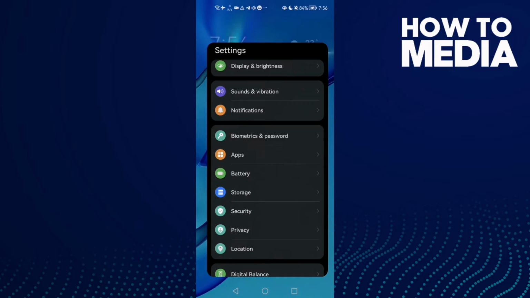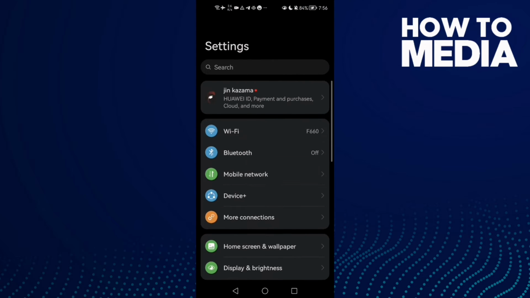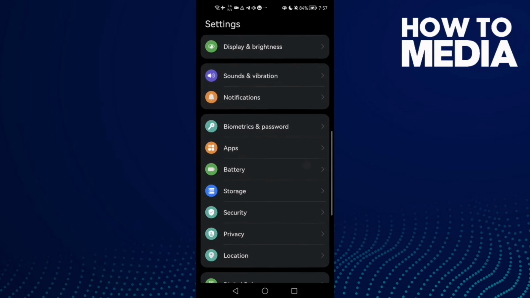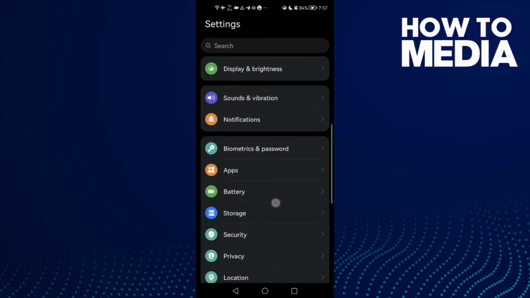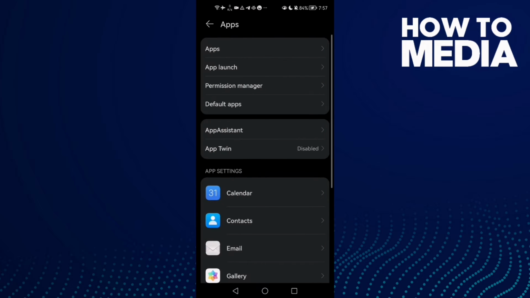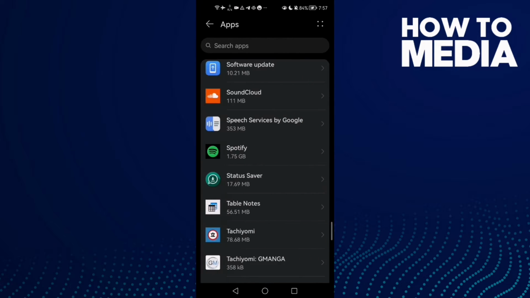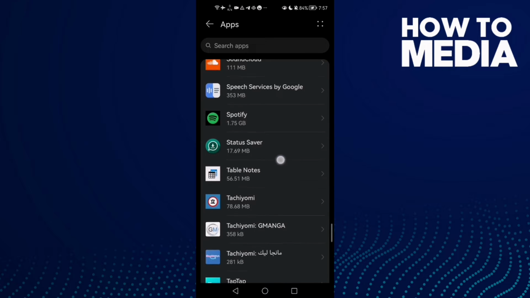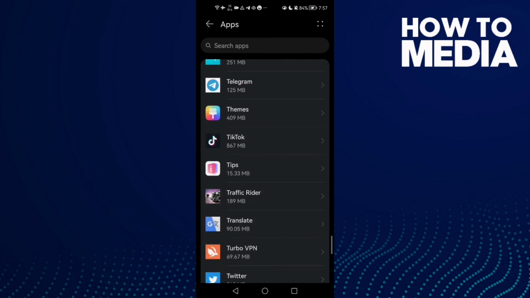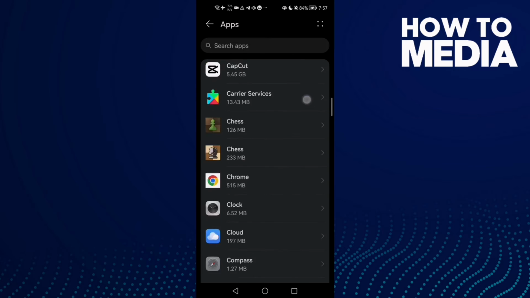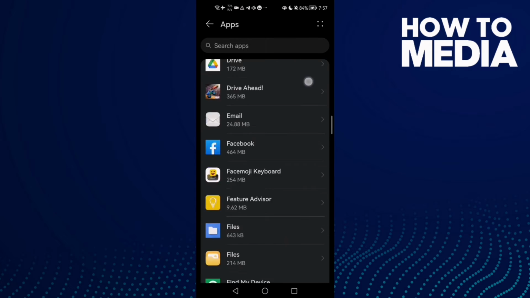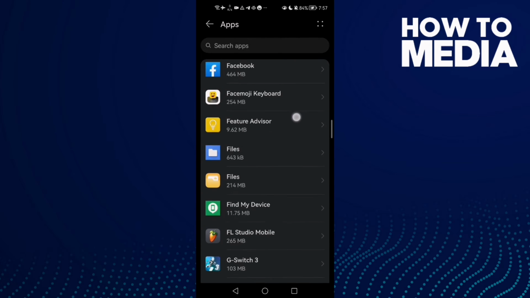First, open settings, and then just scroll down until you find the apps. Click on it and then press apps again, and scroll until you find any app you want, like this one, Facebook,